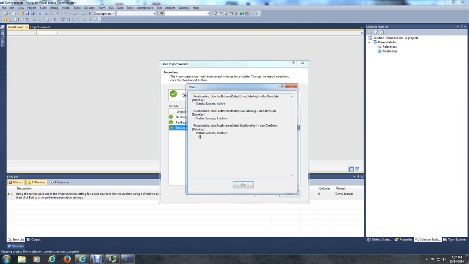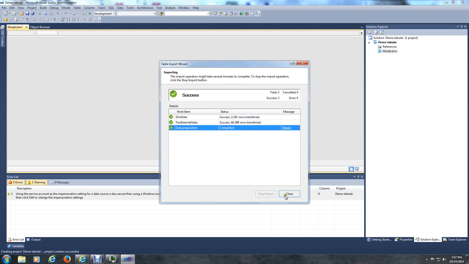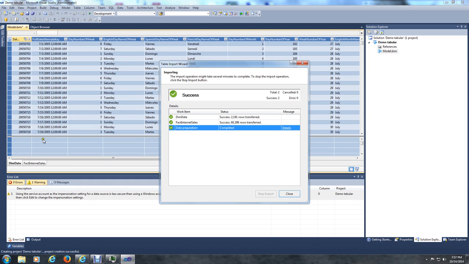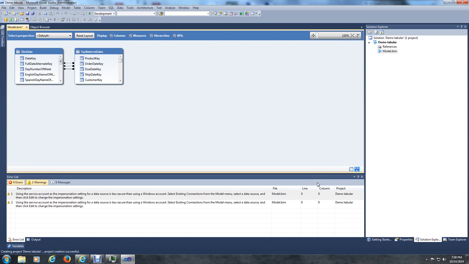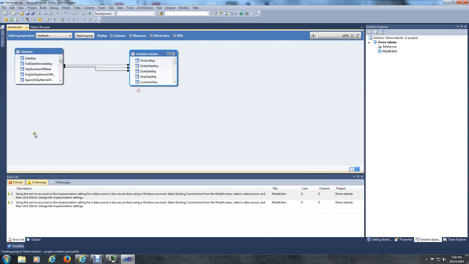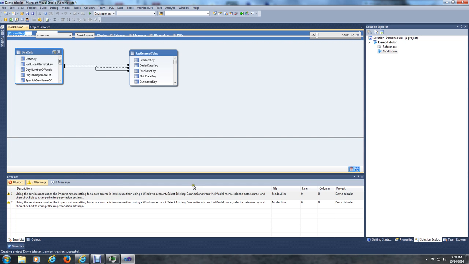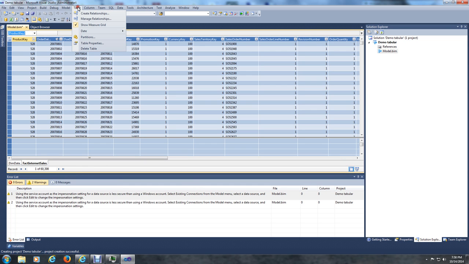It gives a nice report of what it's pulled in and from where and if it was successful. The next step here is to go look at it. This looks really similar to the Power Pivot in Excel. As you can see, I've got two tables in here, dim date. And if we go look at the relational view, we can see that they're joined together. One of the key aspects you have to do with tabular models is you have to go into table and you have to say